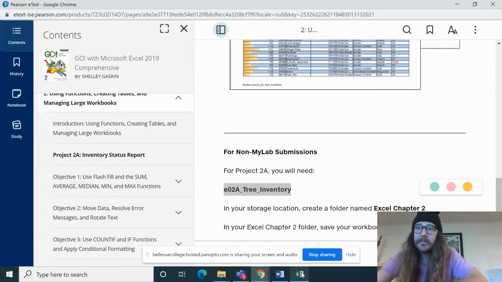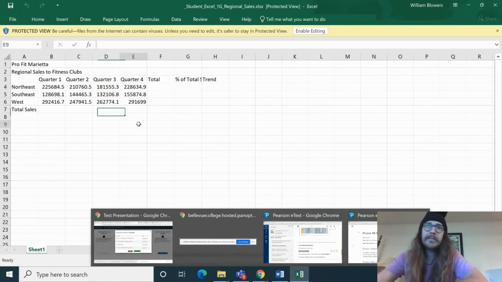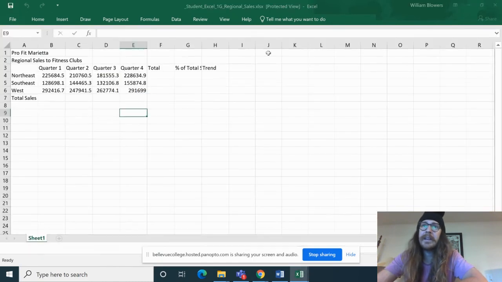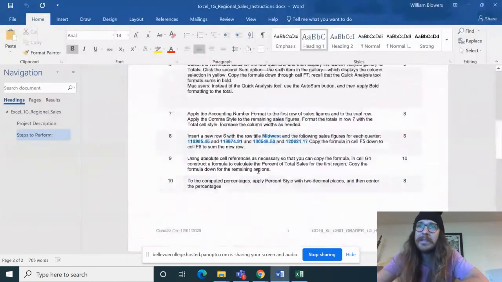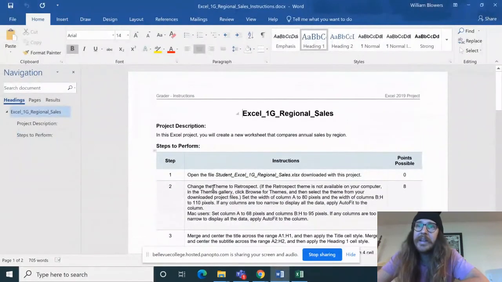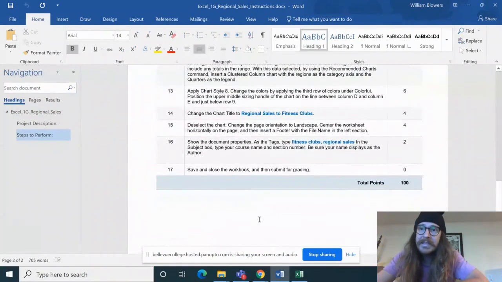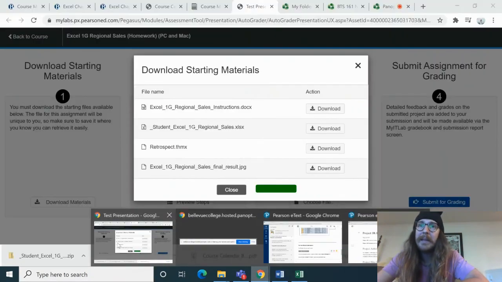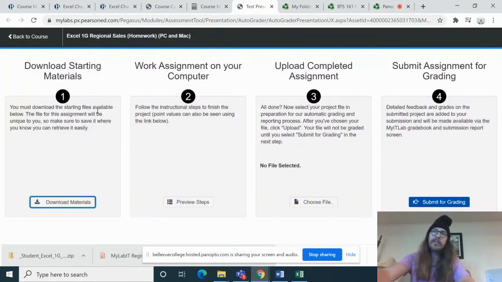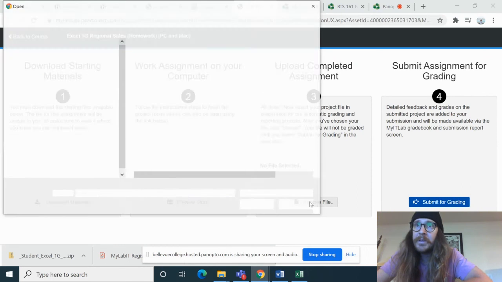Let's see here. There it is. So this is the start of the grader. You'll need to enable editing, and then the first order of business is to change the theme to Retrospect. So when you're done, once you've finished all of these 10 or 17 steps, you go back to MyLabIT to the same spot. So you download the materials, you work on the assignment, you upload it once you're finished, and